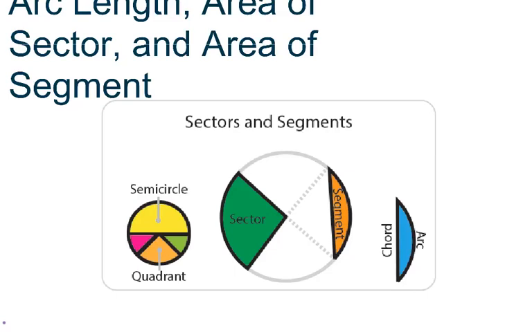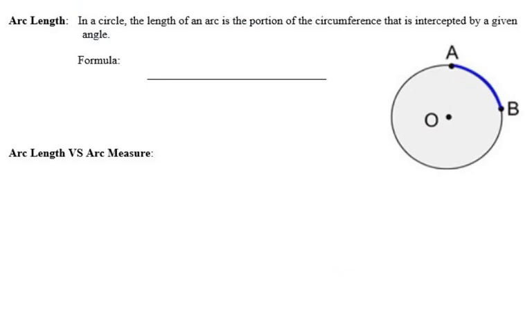Arc length, area of a sector, and area of a segment. Let's define these and take a look at some example problems. So the first one we're going to take a look at is arc length. An arc length in a circle, the length of the arc is the portion of the circumference that is intercepted